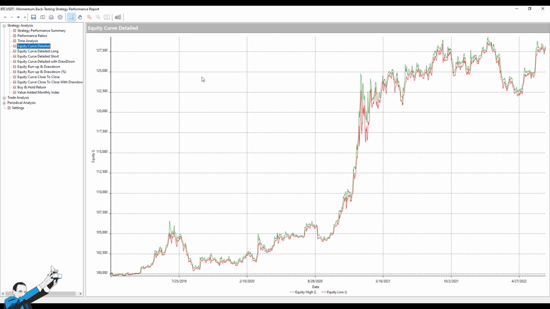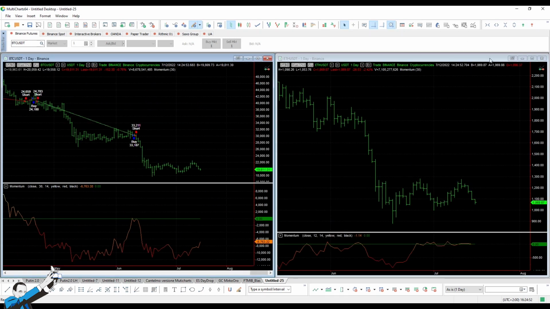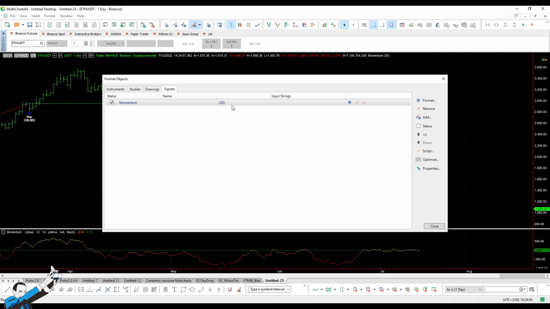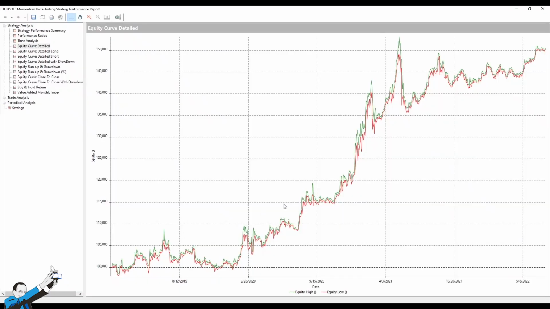As I told you, it may sound like a promising system, and at this point, I'd apply it using the same parameters on another underlying asset, for example, Ethereum. So let's change charts, activate the same system, leave 30 periods, and see what it generates on a different underlying asset. Yeah, again, we see a good equity line.